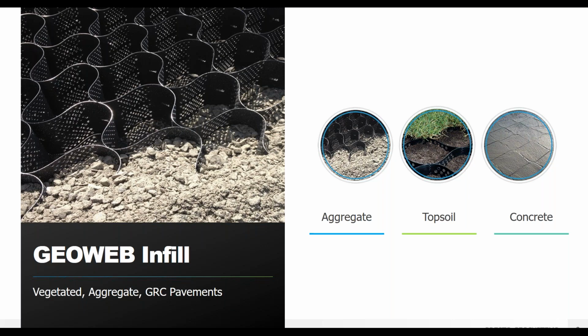So the second attribute of the GeoWeb system is actually going to be the infill material that you choose. So it's going to be what you put into the cells, into those containers. And so an important benefit of the GeoWeb system is that even a low quality aggregate, a sand, or even certain salvaged materials can be used to infill the cells. Using salvaged aggregate or sand, even things like recycled concrete or recycled asphalt, can save significant amount of time and money on hauling costs. And we can also eliminate the fines within the material.